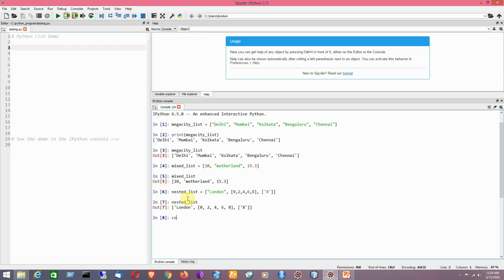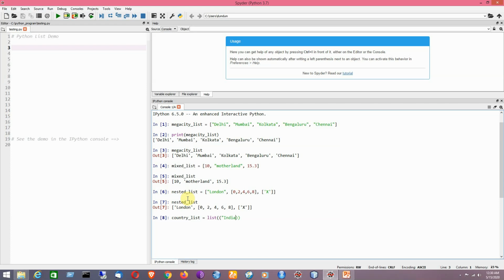Suppose the name of the list that I would like to create here is country list. Within country list I would like to create a list of countries. So now I have the double round brackets within which I will be specifying the elements to be included in the list. It is called double round bracket. Remember it. Normally it is also called first bracket.